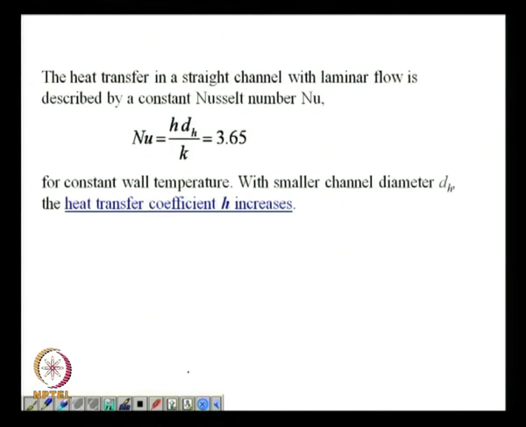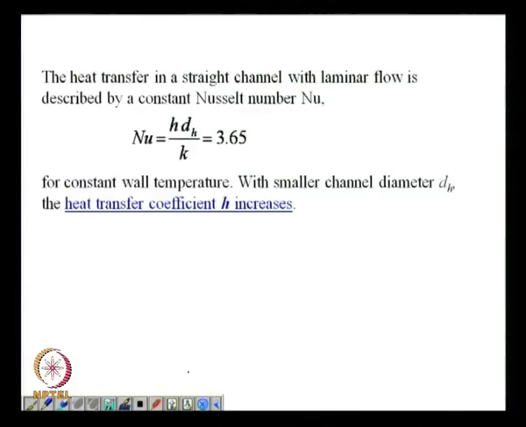When we think about this, let us look at the enhanced transport that is taking place, the enhanced values of the transport coefficient which are available in a micro device. All of us know that the Nusselt number, the constant Nusselt number for a constant wall temperature case, when a fluid flows through a pipe and the flow becomes thermally fully developed, becomes constant and is equal